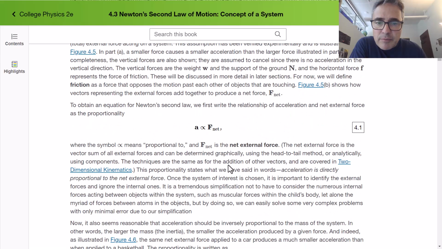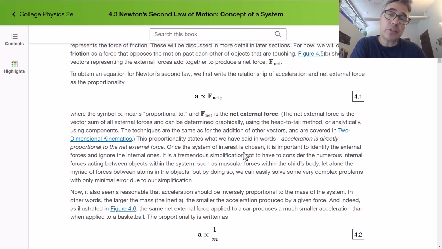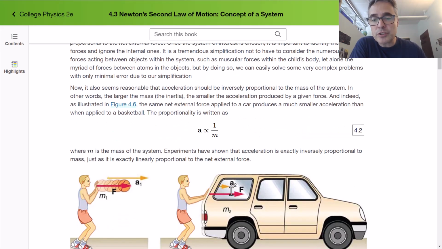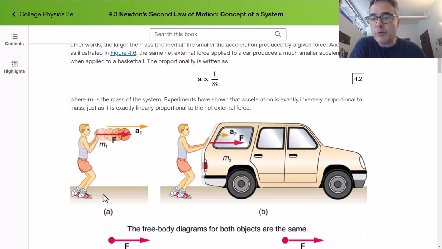And then there's some stuff about mass here. Acceleration is proportional to the net force, and it's inversely proportional to the mass. So basically, if you push with a force on a basketball, it accelerates a lot. If you push with that same force on a much more massive object like a car, it only accelerates a